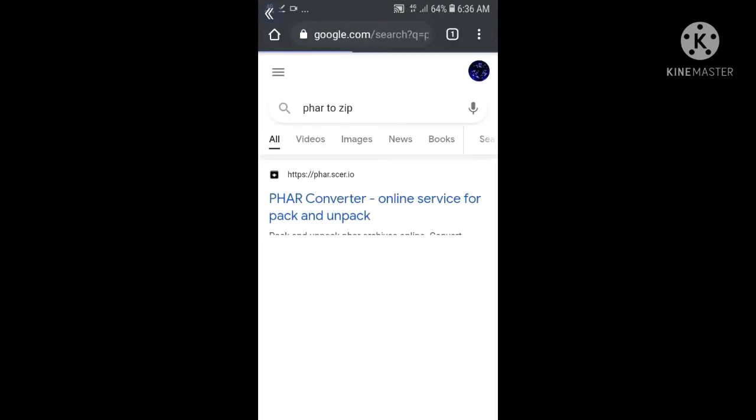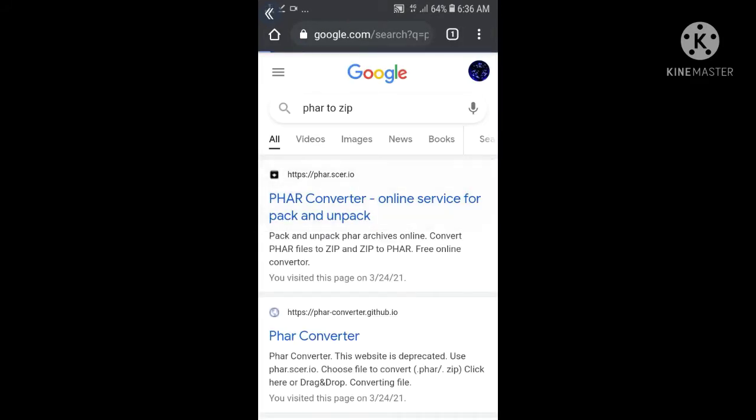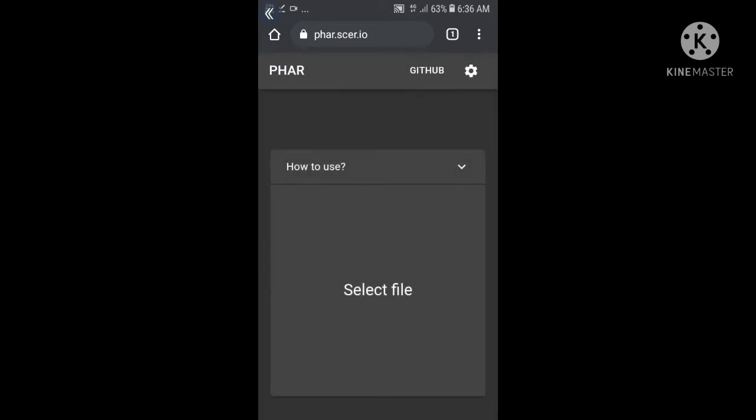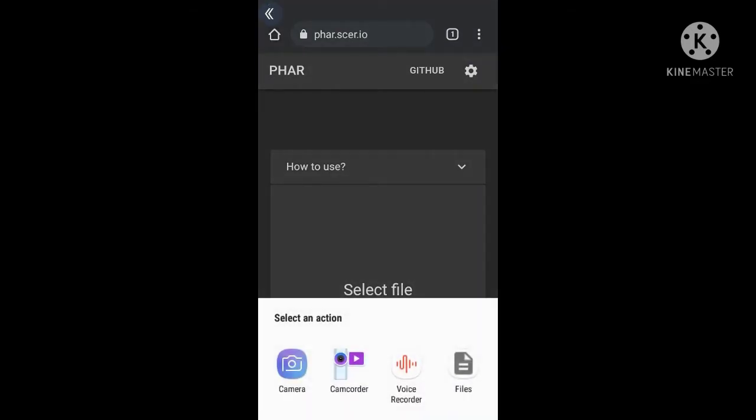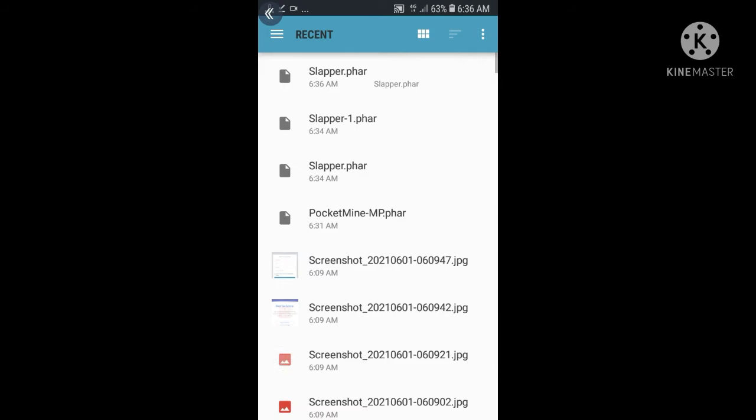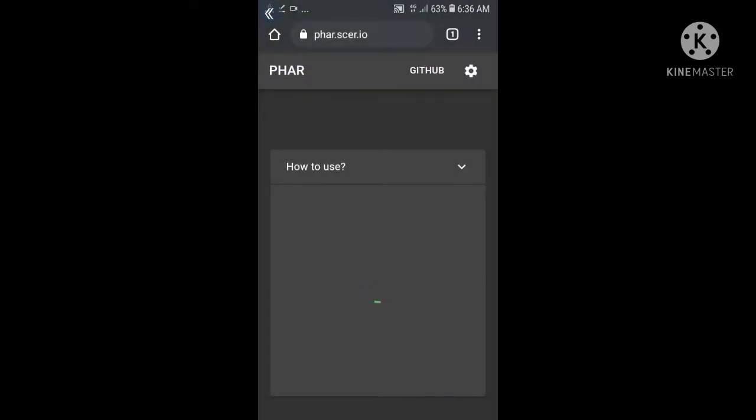Now type PHAR to zip converter. Now it will convert your PHAR files to .zip file, which will come in handy later on. Let's open my files and tap on slapper.phar.